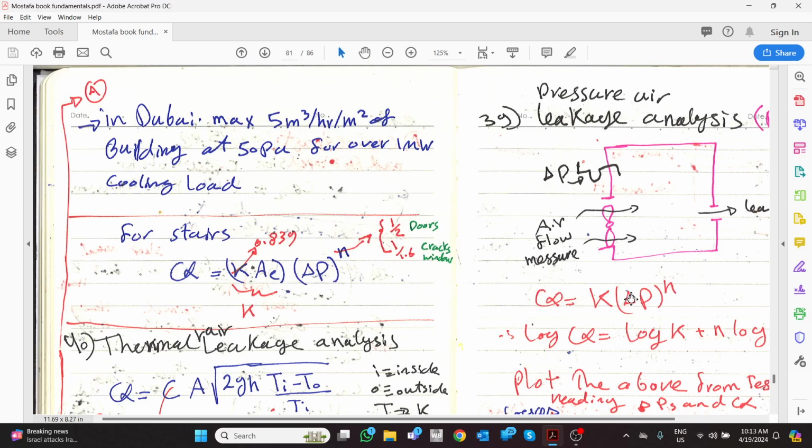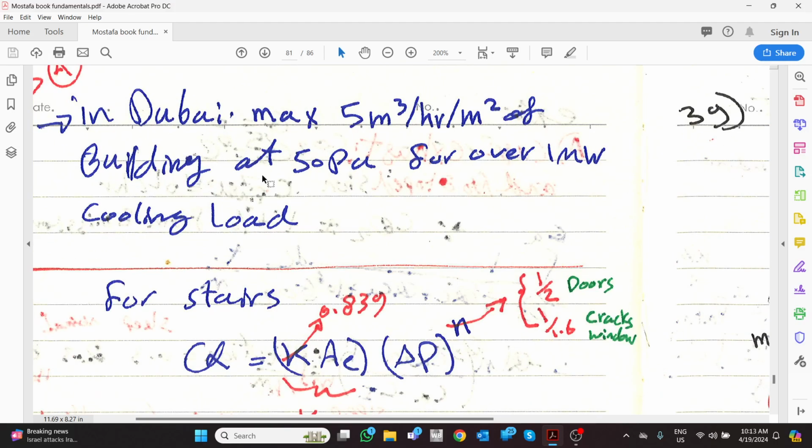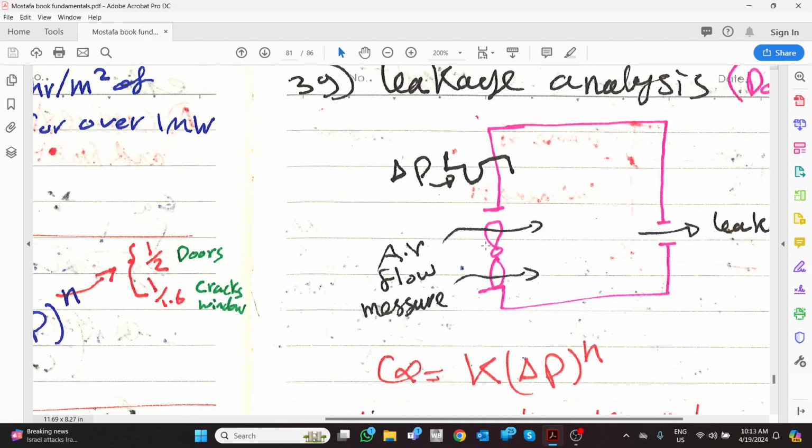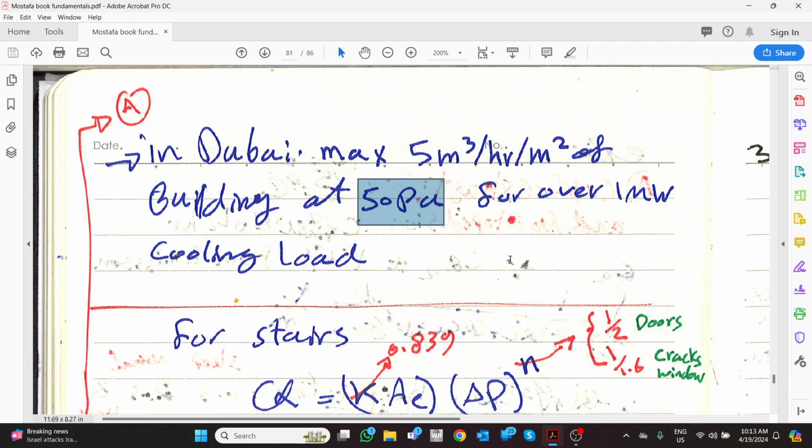So what is the significance of this? For example, in case of Dubai, the maximum infiltration rate is 5 meter cube per hour per meter square of the envelope at 50 Pascal. Maybe we'll do the test at higher Pascal or even lower Pascal, but when you get K of that building and N of that building, you can define